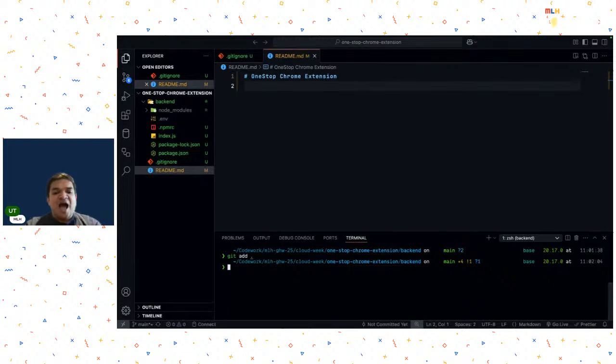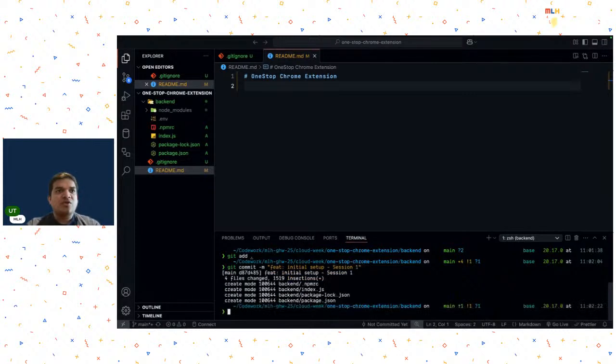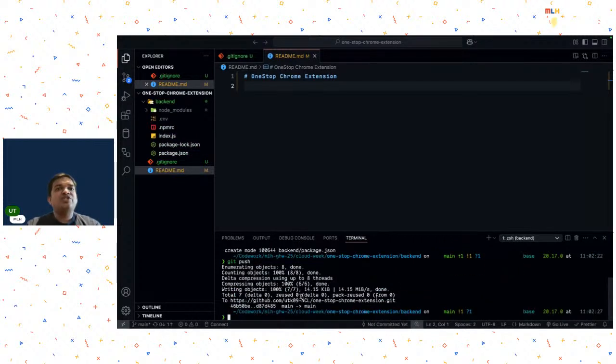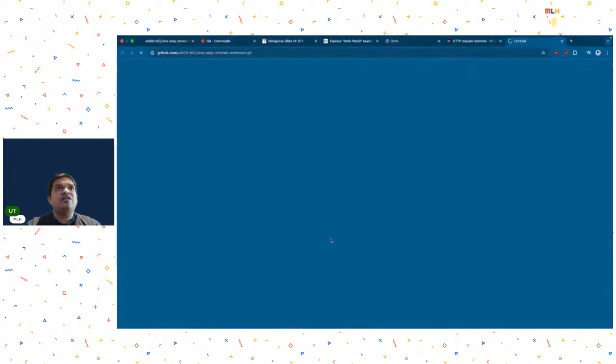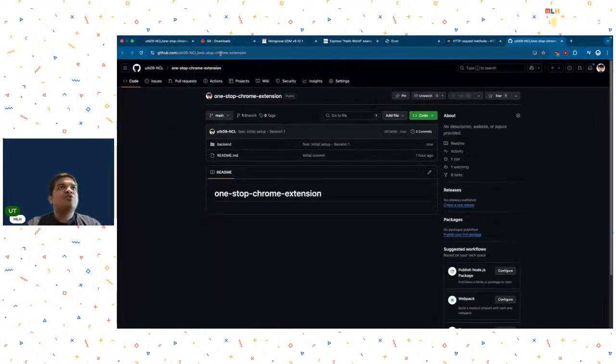I'm going to do a git add, which is to add all these files, then a git commit, and this is going to be feature initial setup session 1. Okay, and now I'm going to do a git push that should push everything to my GitHub. Okay, so now if you go over to my GitHub repository, you should have everything that I have created. So it should have the,